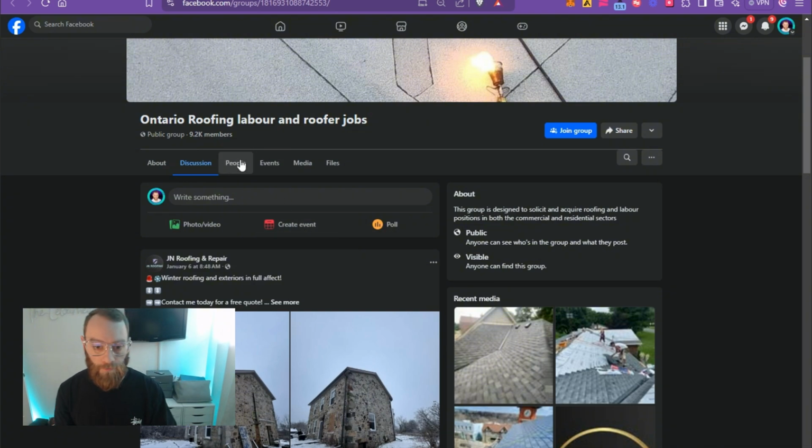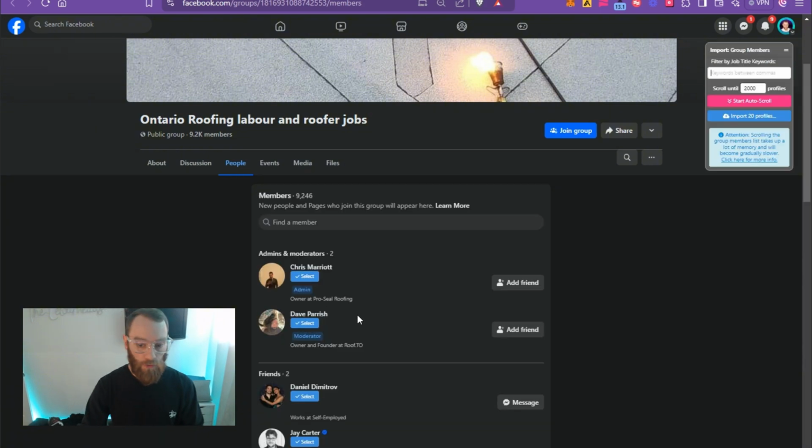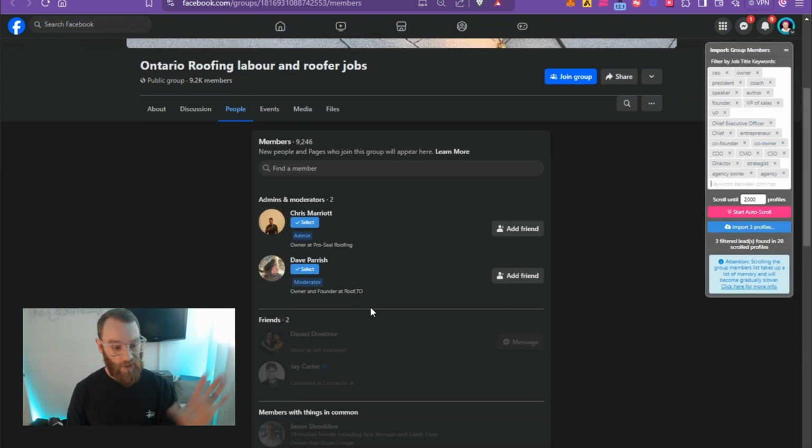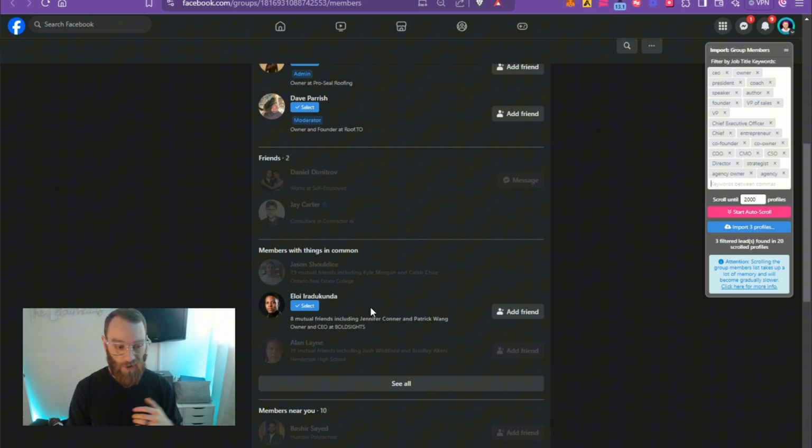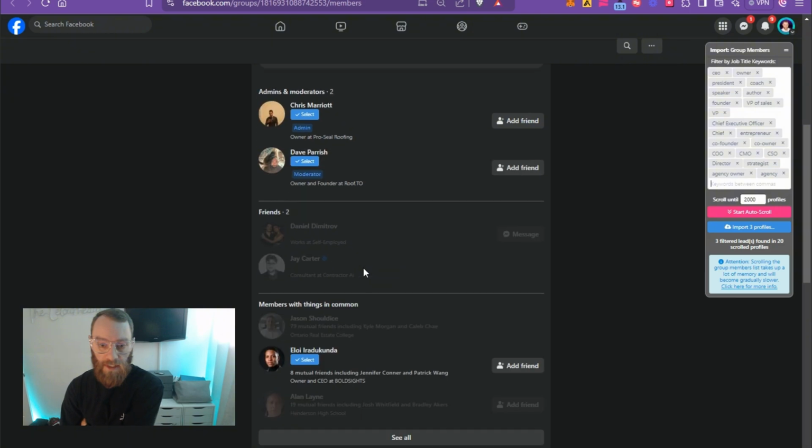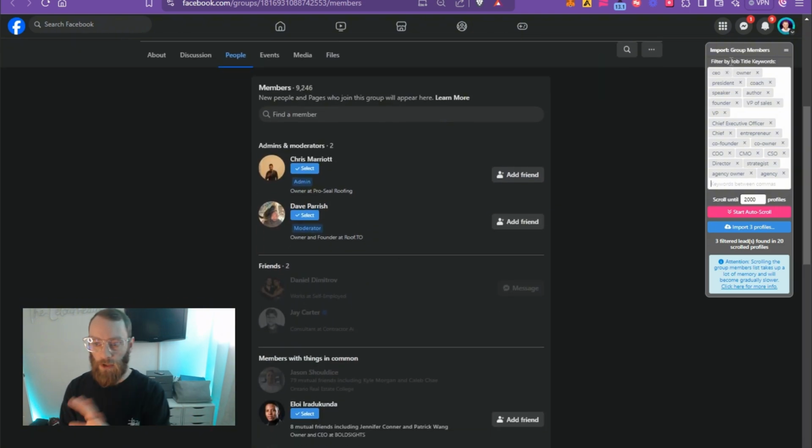And where you want to go, it's really cool. You don't even have to join the group. You can definitely join it. This is a public group. If it's private, you'll have to join it to see their members. But on a public group, we can go in. We don't even need to touch this group in terms of joining it or starting to post in it. All we simply need to do is come into this section and you'll see an overlay.